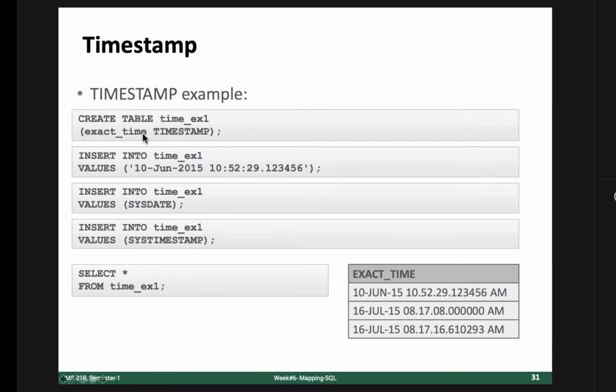So after the creation of any table, you have to insert new data, and this is another SQL query. So now you are saying insert into time example 1. Here we have created the definition, and now we are inserting values, okay? And then we are telling it the values, these are the two values, and they will be added here. Similarly, we can call this multiple times, and obviously we have to define constraints on this table, so we have to mention which attribute is the primary key of this table, right? So we have to define constraints.